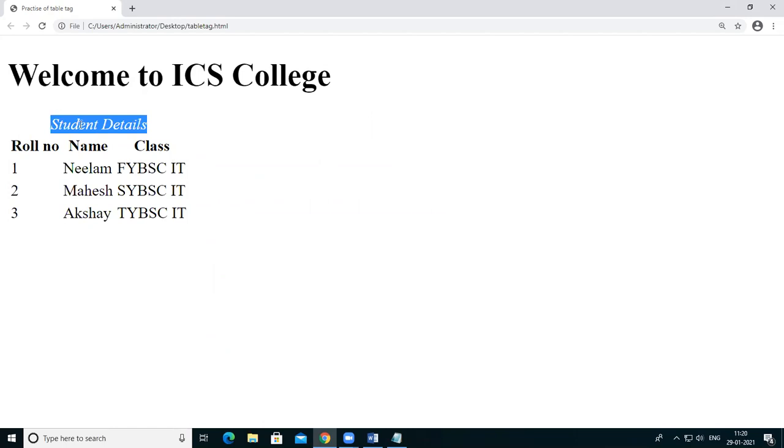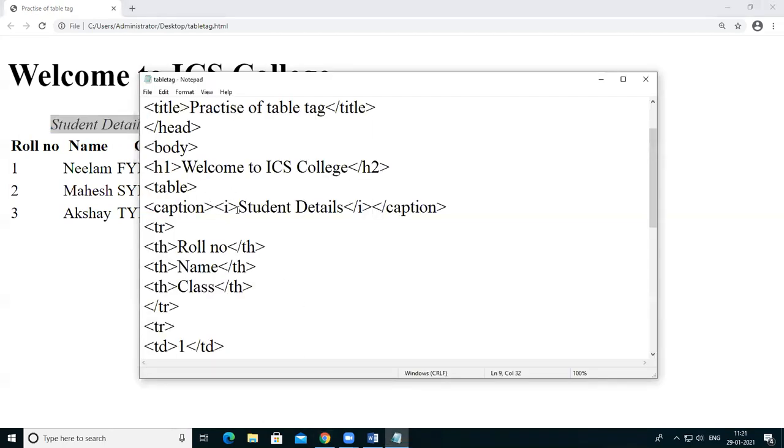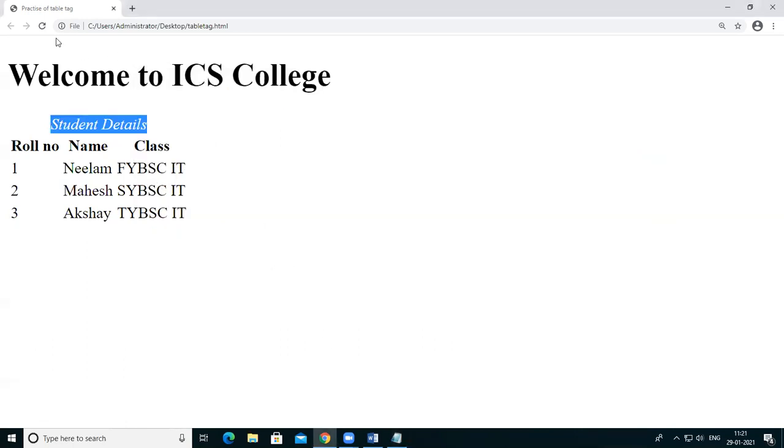Suppose you want to do only in bold letters, then use the B tag. Suppose you want to use underline, you can use the U tag here. See, this underline has appeared here.